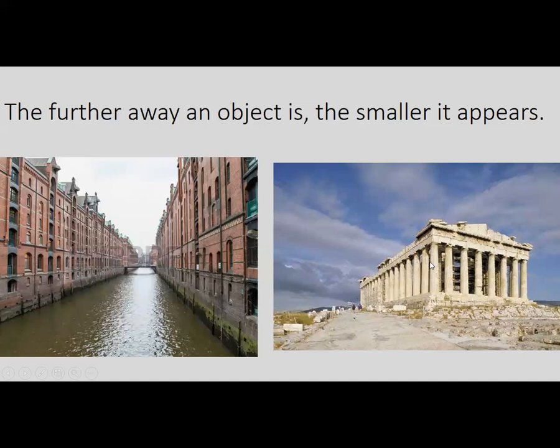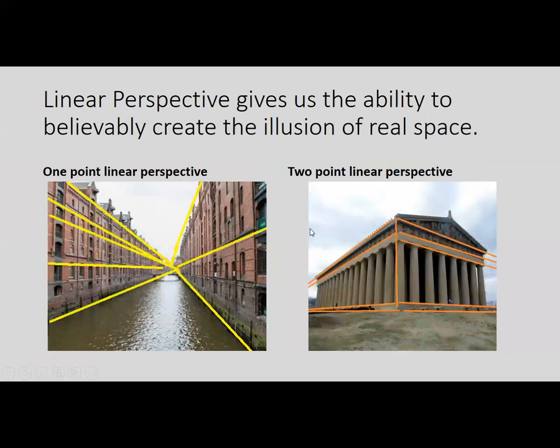And as we move further away in space to the right, that last column appears a little smaller than the first one. The reason the one in the background appears really small is because it's much further away from us. So linear perspective, scientific linear perspective, gives us the ability to believably create the illusion of real three-dimensional space on